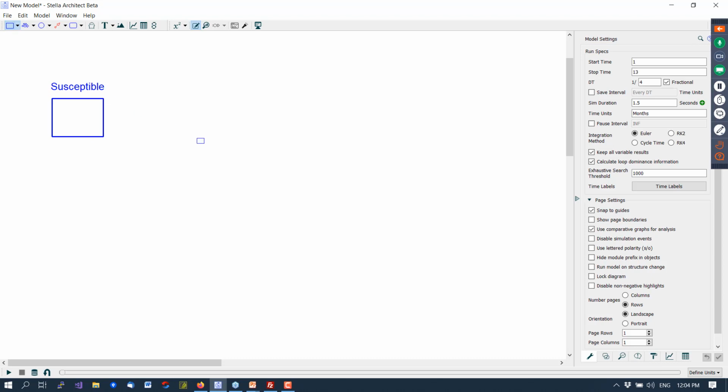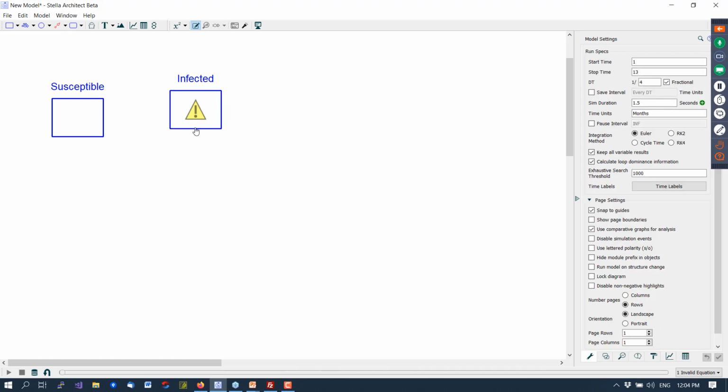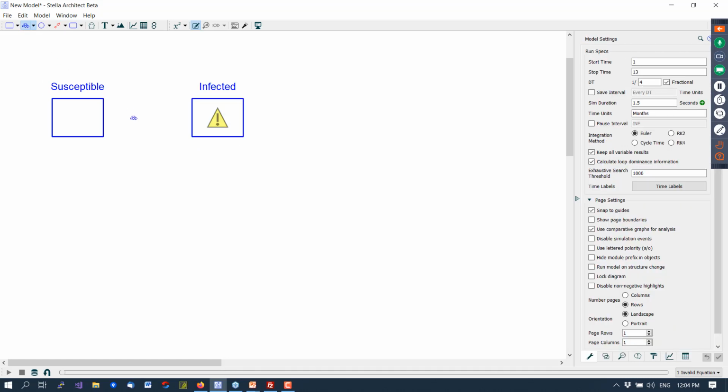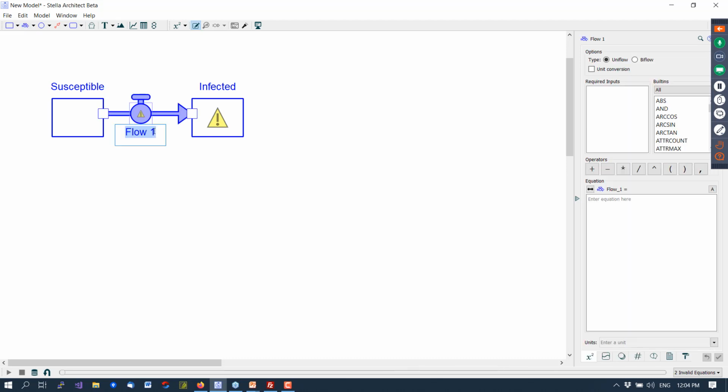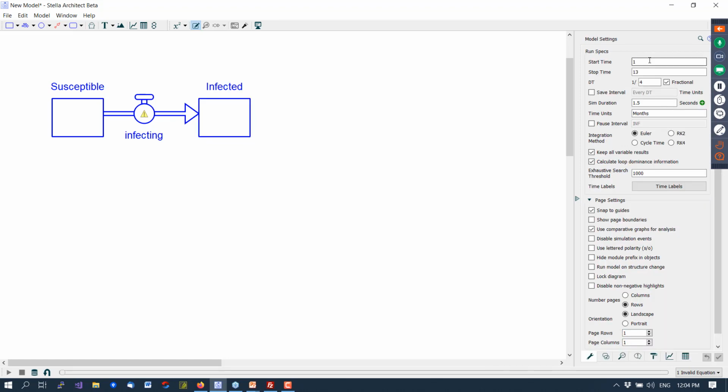And then I am going to have a set of people who will be infected. As I say, I'm going to start with what's called the Bass diffusion model, a model in which you move from susceptible to infected, but never move out of infected. So we have a flow, which I will call infecting, which moves us between susceptible and infected. I'm going to start with a single infected person, and I'm going to run this model from 0 to